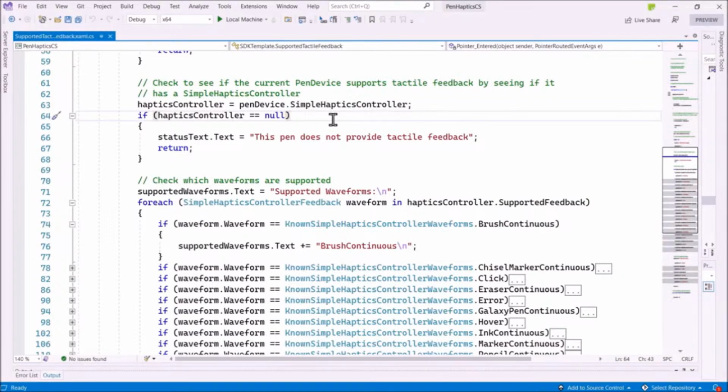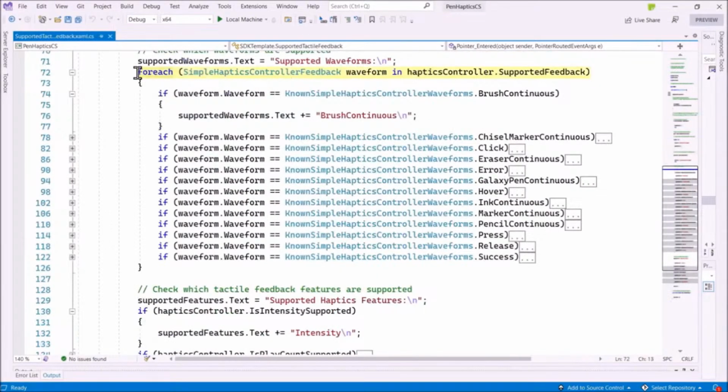However, we do enforce that 2 baseline waveforms are supported, ink continuous and click. These provide coverage for a large range of scenarios, which is why they're always required to be supported. The next couple of demos will show sending a desired waveform or falling back to one of these if it's not supported. But for now, we'll just query the capabilities to output what is supported on this pen.